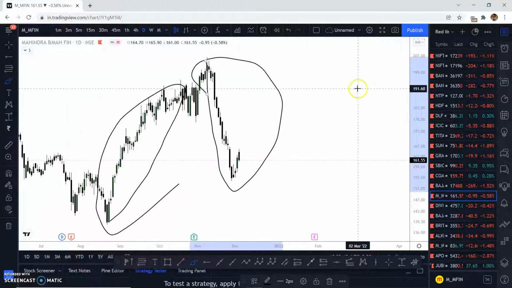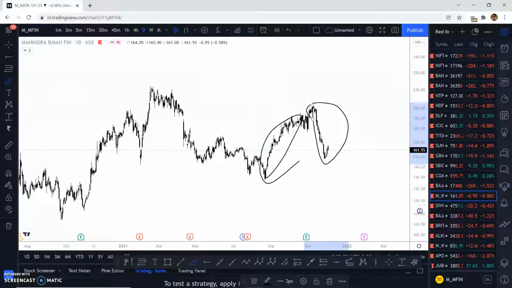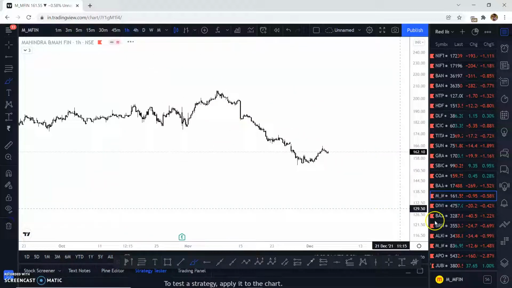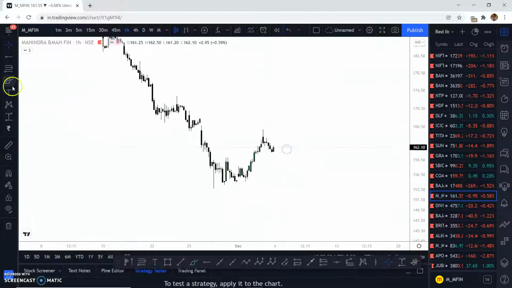Okay, there's no change of character, but obviously you can start looking for your longs once the 4 hour or 1 hour starts giving you some change of character here. Sorry, so if I come here and mark